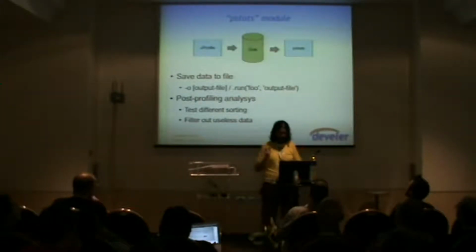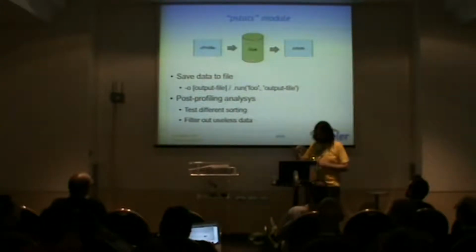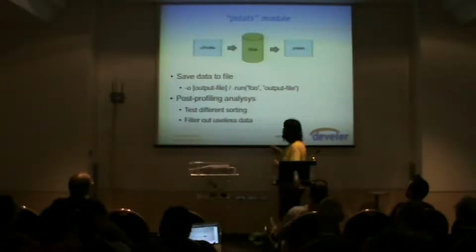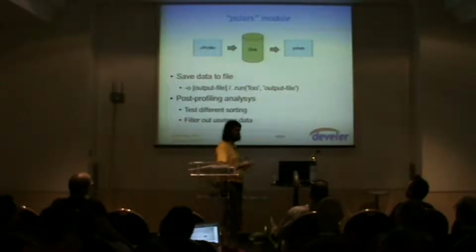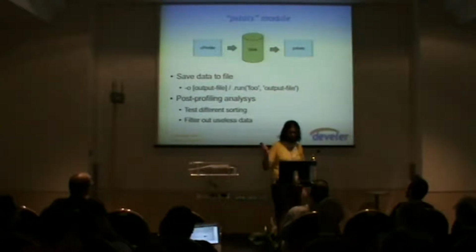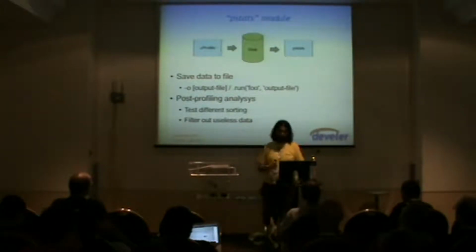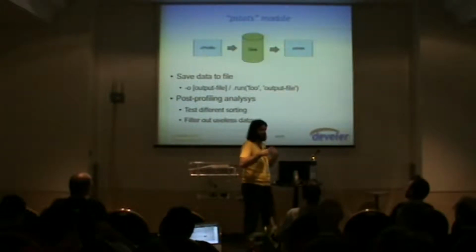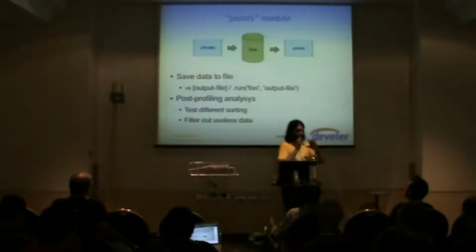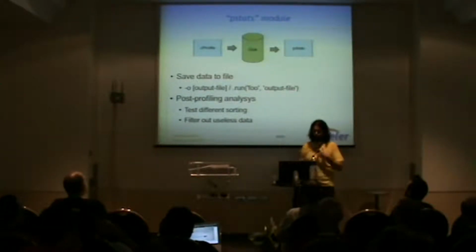You can use the pstats module to analyze data post-mortem, let me say. So basically, you can just run something across your night and save the data to disk. cProfile can save data to disk with the -o option, where you pass the output file. Once you have your data on disk, you can load it back with pstats and do all the sortings, okay? So that you save your profiling data and analyze it, so that you don't need to rerun it just to change the sorting or stuff like that.